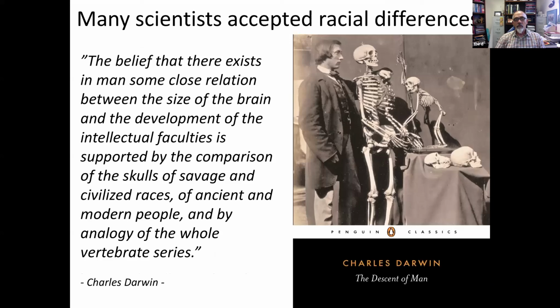And he says this in a book that was published after The Origin of Species. Darwin wrote a book, The Descent of Man, that focused on the evolution of species. And he said that in that book, the belief that there exists in man some close relation between the size of the brain and the development of intellectual faculties is supported by the comparison of the skulls of savage and civilized races, of ancient and modern people, and by analogy, the whole vertebrate species. So this view was very pervasive